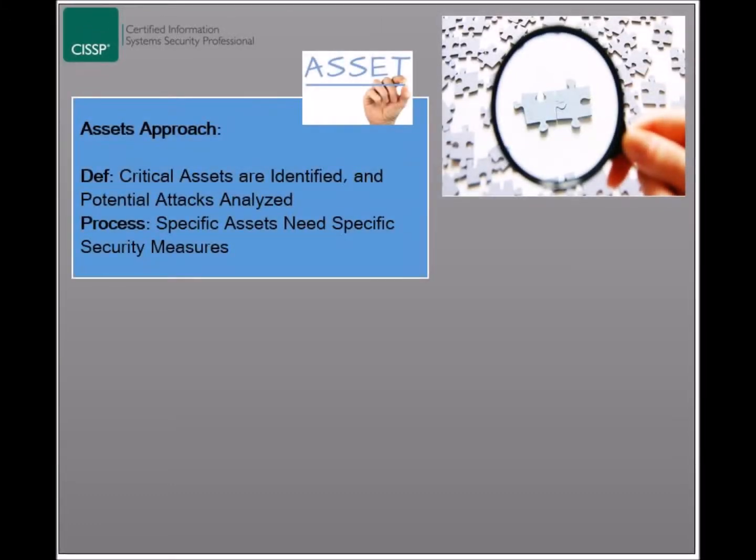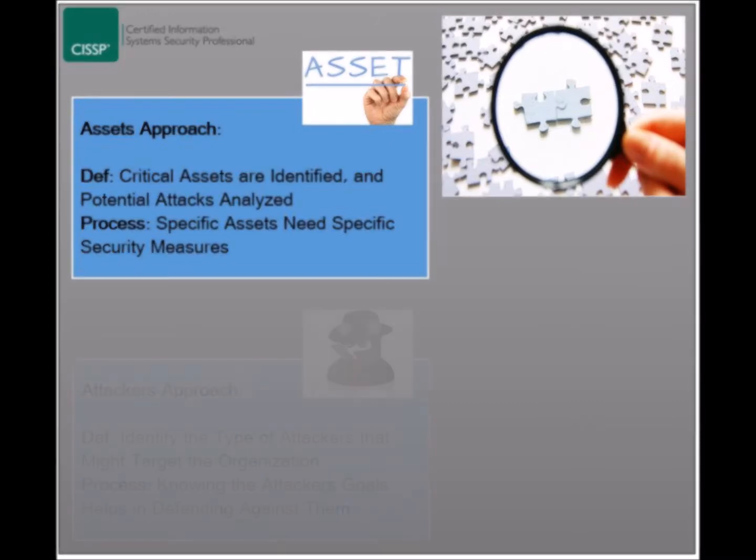The first approach is to focus on the organization's assets, which includes the data, the systems, the processes, and the personnel. The assets' values should be estimated, and critical assets should be identified. Potential attacks that could affect the assets, and in particular the critical assets, should be analyzed for probability of occurrence and impact. For example, assets hosting sensitive data should be evaluated against attacks that seek to bypass the authentication and